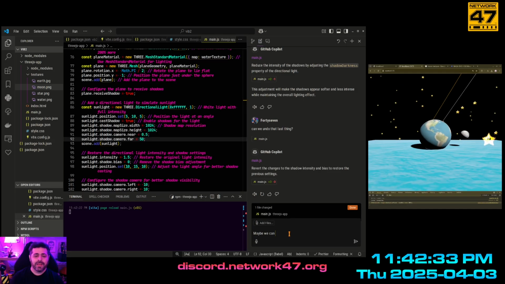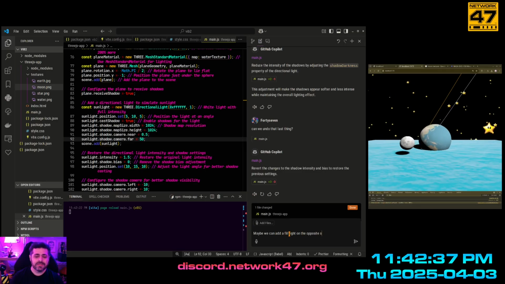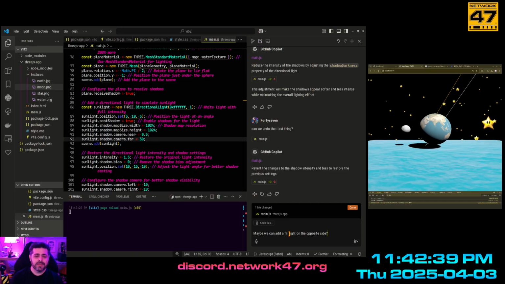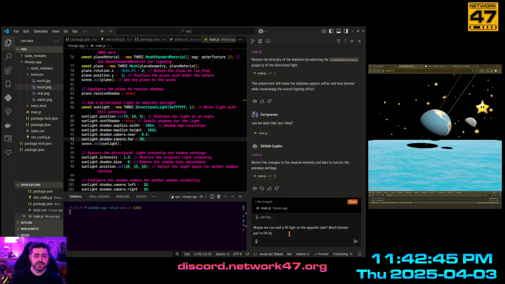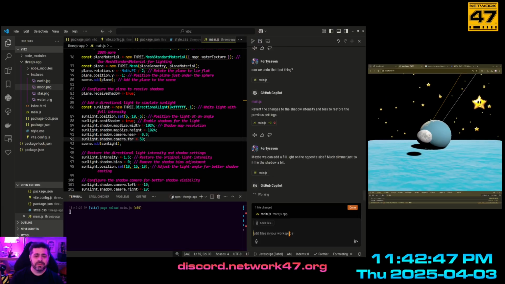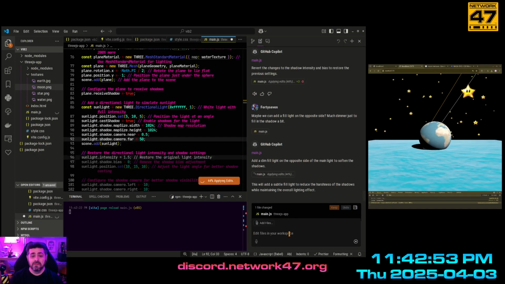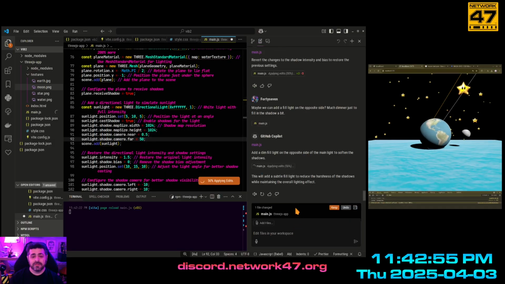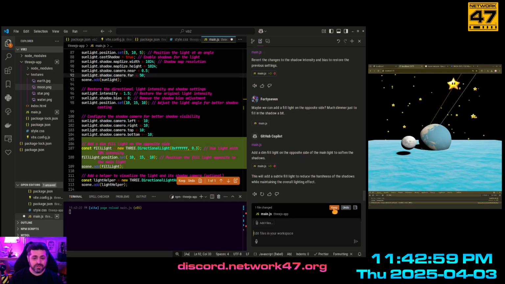Maybe we can add a fill light on the opposite side. Much dimmer. Just to fill in the shadow a bit. Get me a fill light, will you? Yes. But it knows why I'm doing it. This will add a subtle fill light to reduce the harshness of the shadows.